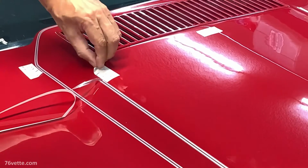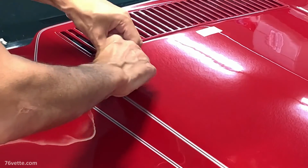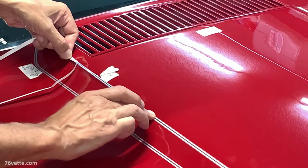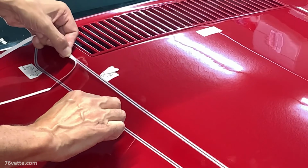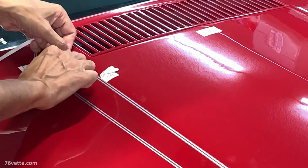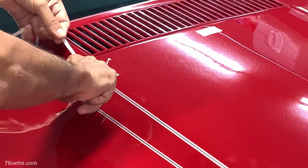I decided to leave this portion unedited so you can actually see how you can make a 90-degree turn if your design calls for something like that. It's a little tricky. You want to be pulling on that tape, but it's a matter of balancing. It's like a balancing act, because if you pull too much, you're going to start deforming the tape. Yeah. It just takes practice, I guess, something that when it comes to pinstriping I do not have,